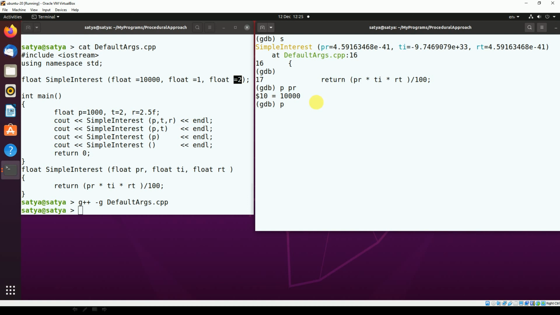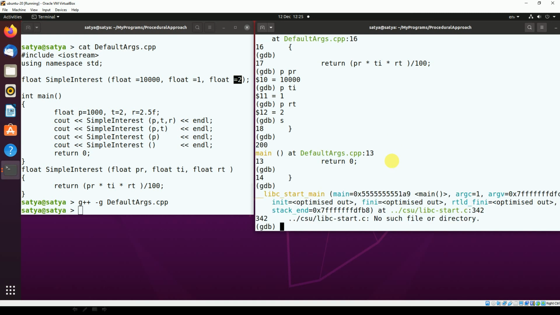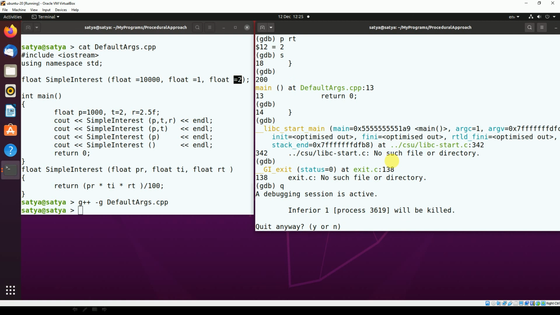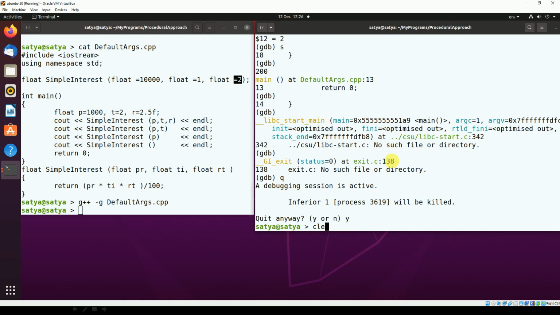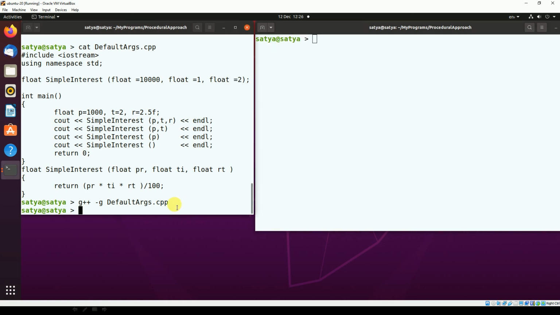Print TI, the time period is 1 year. Print rate of interest, that is 2. So when you do not pass any arguments, it will take all the values as default values. That is how default arguments function.